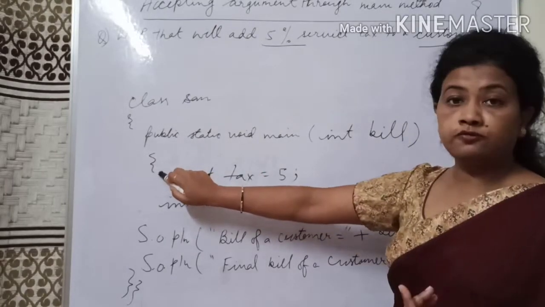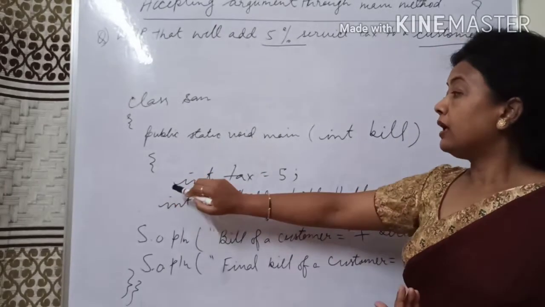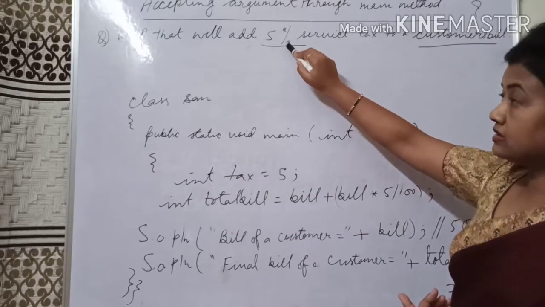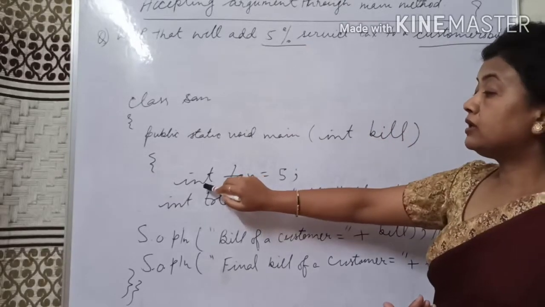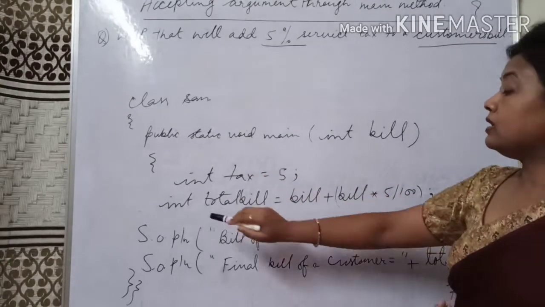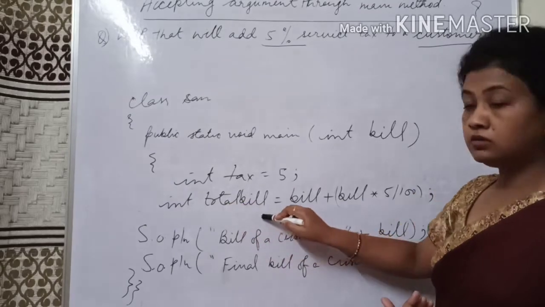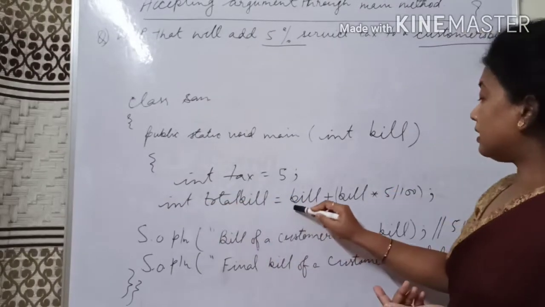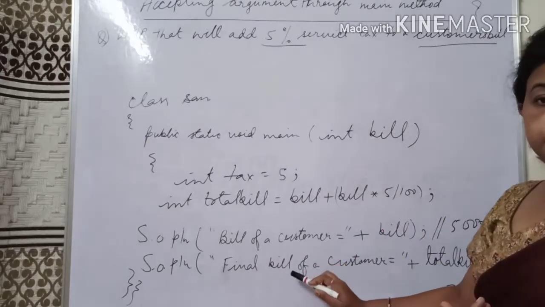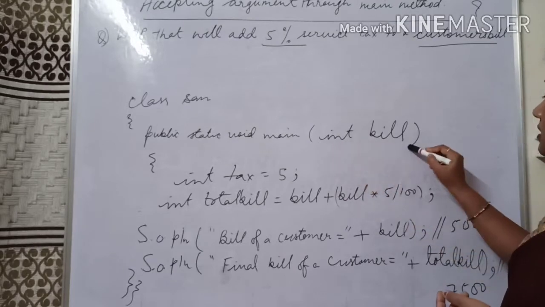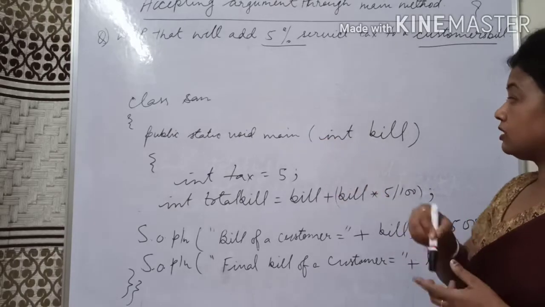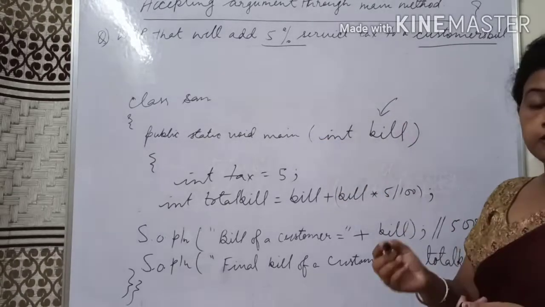Next, this is the opening of the method, and next I will assign the amount of tax, because tax is already given in my question. So the data type I will declare int, and tax will be the name of the variable, and the value is 5. Next I have to take one new variable, so I have taken total bill, and the data type is int, and this is the logic which I have written here, and these are my two output statements. Now coming to this argument statement, this is my function argument, and the argument lies in the function statement. So this is the place from where the user has to enter the value.